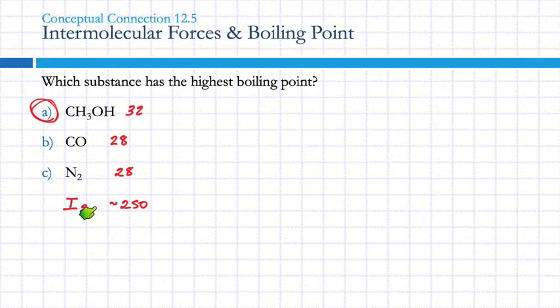We're not going to give you one like this to compare with those guys, because when you have to compare multiple things at a time, it gets tricky. But how do I know that iodine has a higher boiling point than CH3OH? This is methanol. That liquid that we dissolved our zinc in is a liquid at room temperature. What is iodine at room temperature? It's a solid. But that wasn't in the question. Any questions?